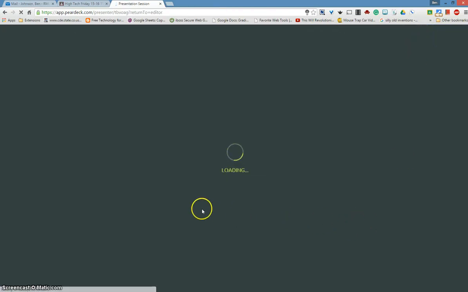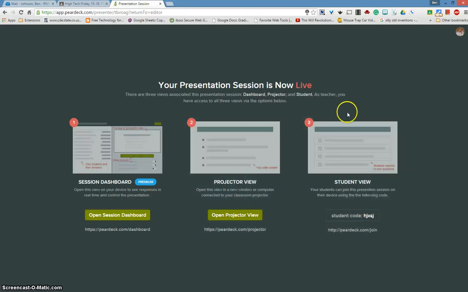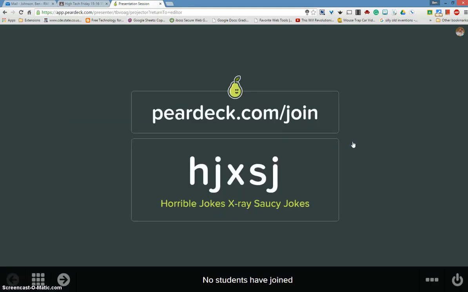And it's going to give me a few choices here. You'll usually probably want to operate in the student view unless you've paid for the full premium version. This session dashboard is awesome, but you'll have to do the 30-day trial or else pay for the subscription. You can do the student view for free. So you'll put this on your projector, ask students to go to that site, and then you'll give them this